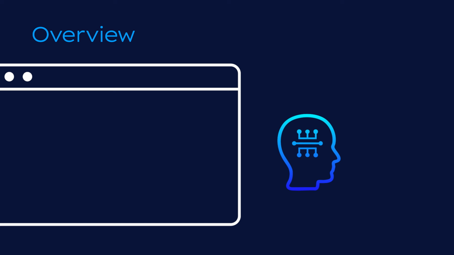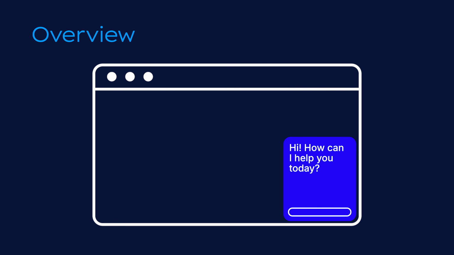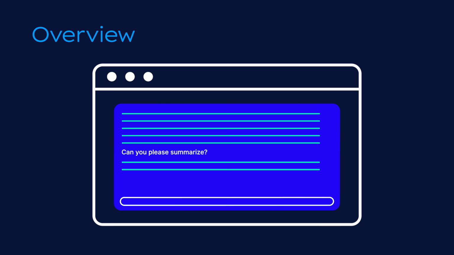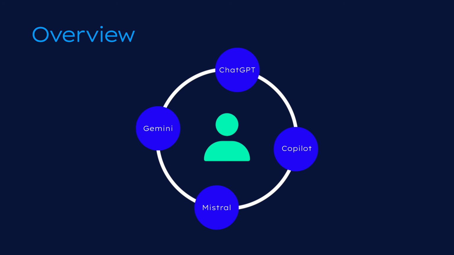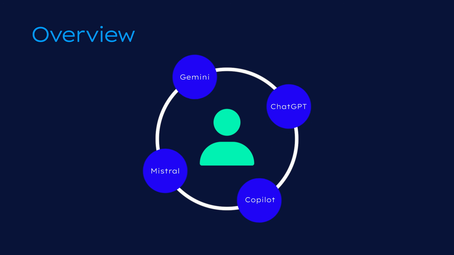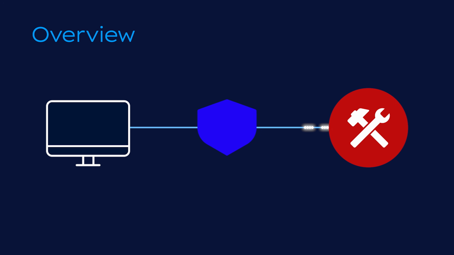AI is now integrated into businesses. From using chatbots to data summarization, these AI tools make work faster and reduce manual effort. However, through continued use and sharing of information with these AI tools, it brings risks like data breaches. Enterprises need strong governance to manage AI services, control data sharing, and block risky tools.